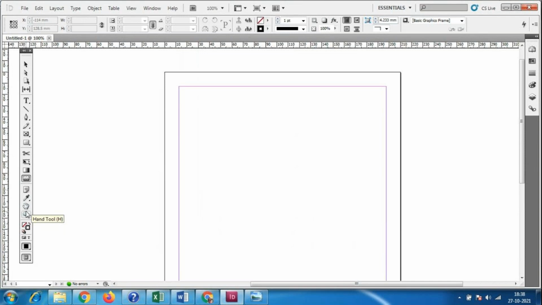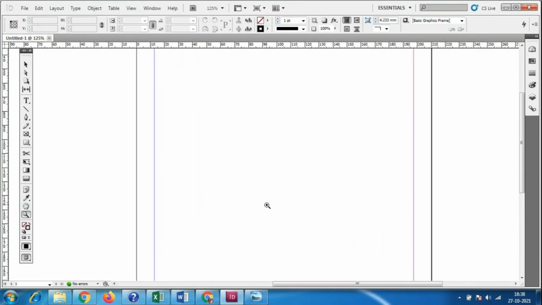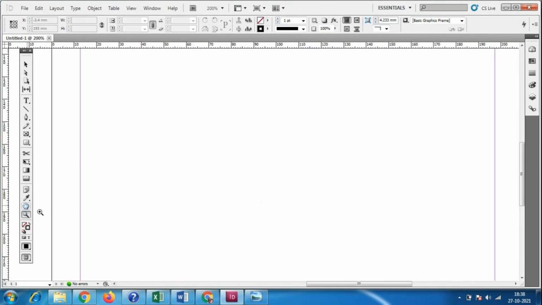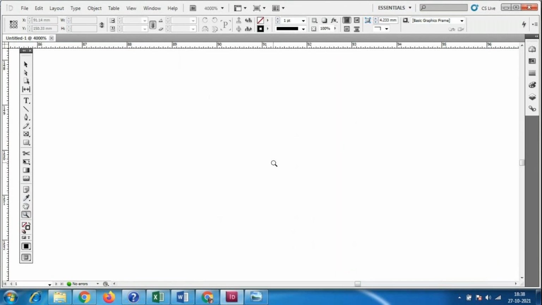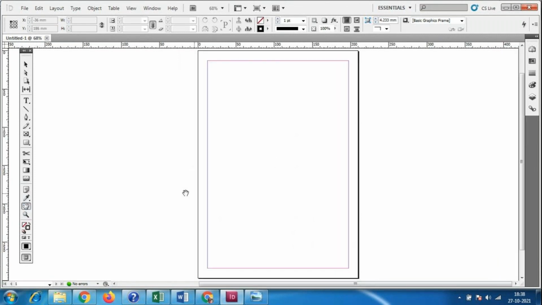Otherwise we have an option here, zoom in and zoom out. If you click on this hand tool, you get the exact page size. So zoom in will be like this, and the hand tool, zoom in and zoom out. This is the option.